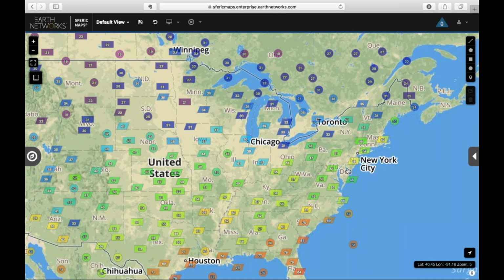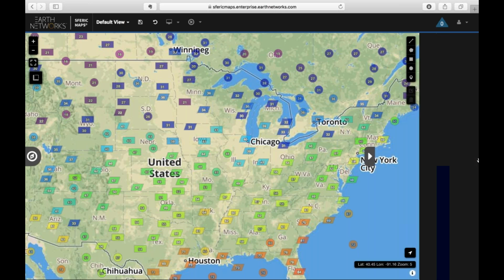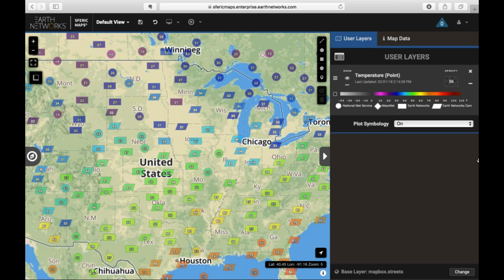Okay, there you go. So now you can see that the colors of the plots have changed. So there's a bit of a 50% opacity, which allows you to peer behind the shapes and look at the geography in question. We talked about the ability to turn on the legend, and you'll see here that there's